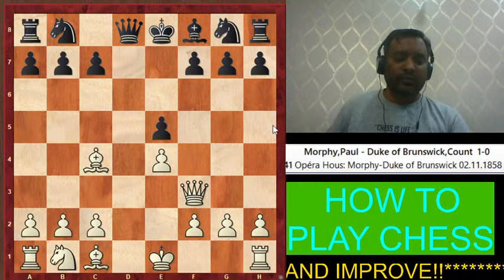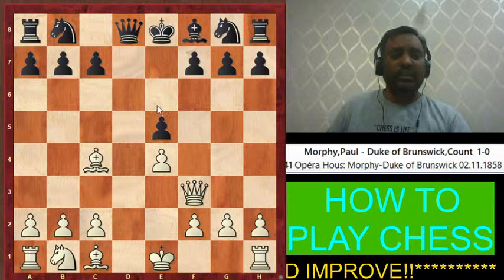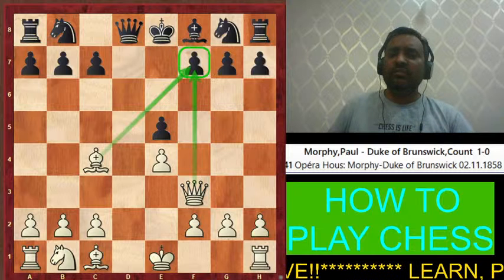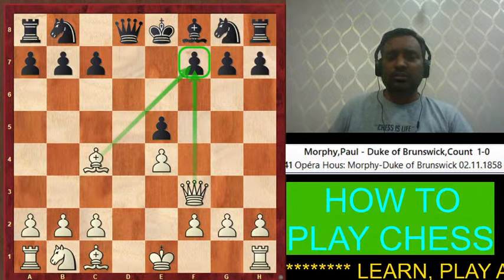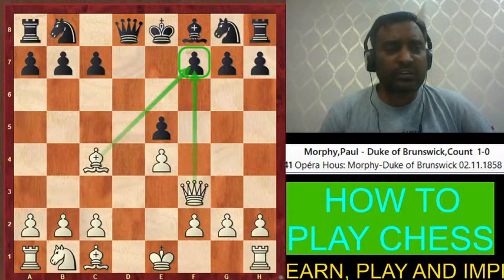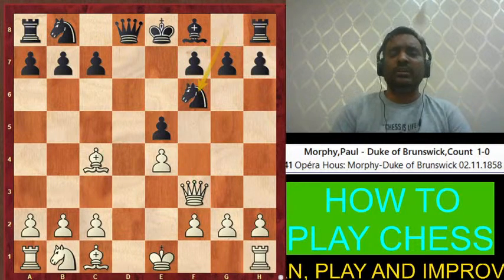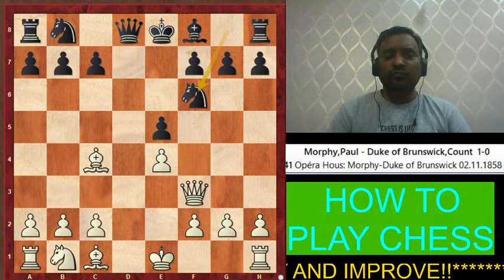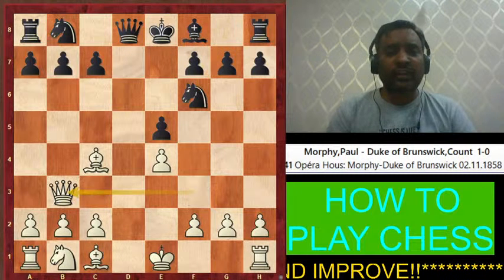So therefore this position is good. Now the main idea is what? Attacking this. Now there are so many ways to defend इस position को, there are so many ways to defend that. So the best way to defend is to play knight to f6. So this is the best way to defend the checkmate. Now here white played queen to b3.